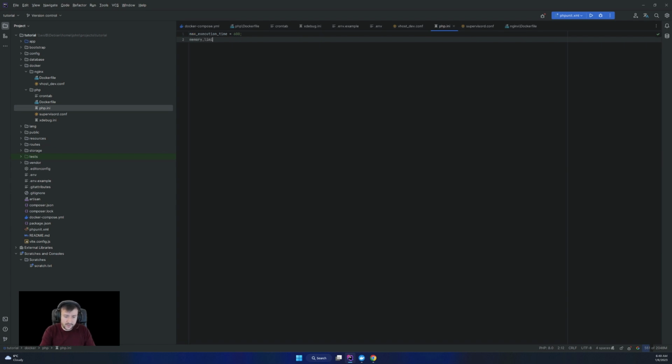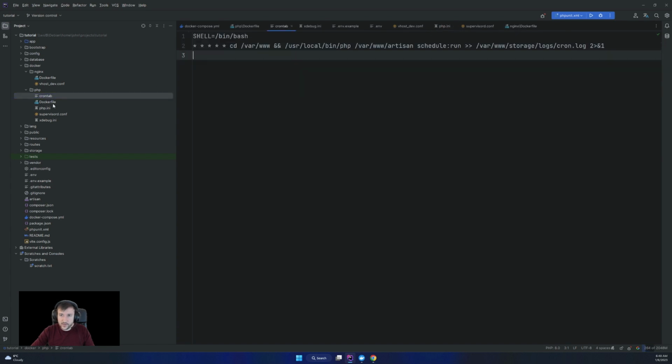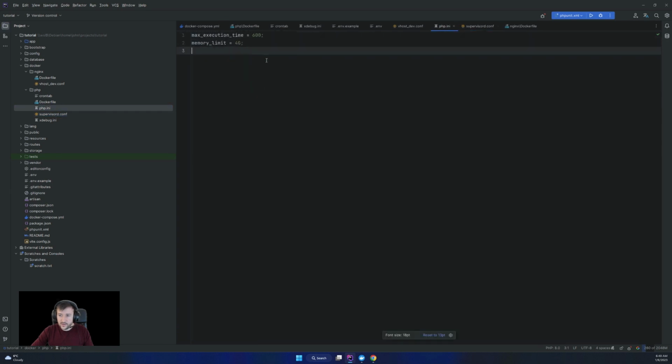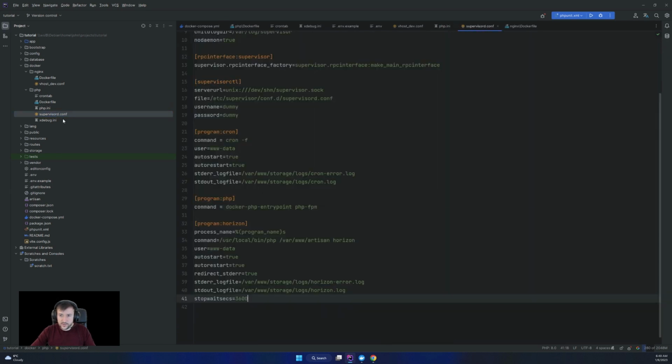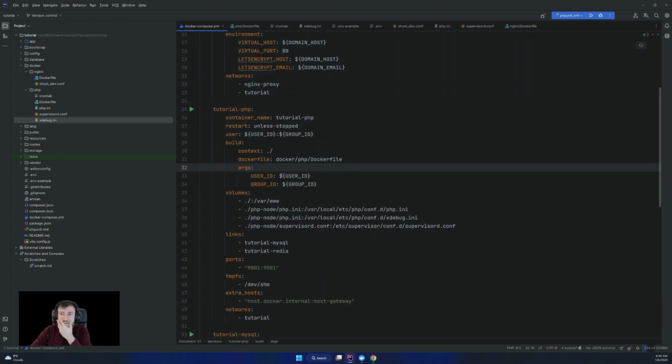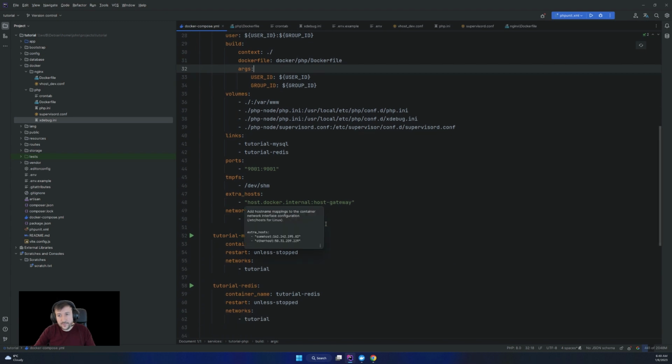Yeah, we can adjust them while running the application to see the best settings for it. And that will be everything. So we have cron tab, we have Docker, php ini, supervisor conf, and Xdebug. Yep, we have them all. So that will be all for the PHP service. So we have tutorial php service.